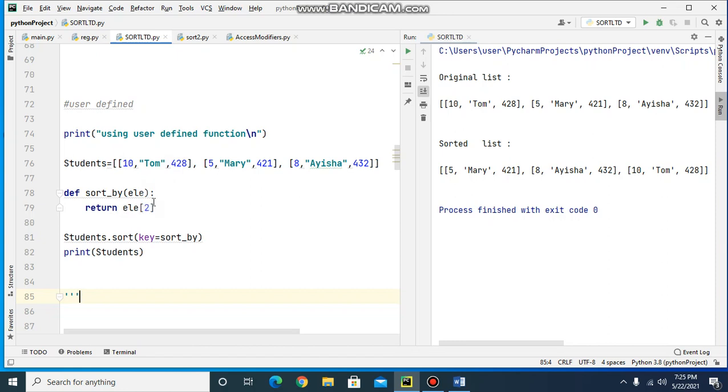So here I am sorting on index 2. The sort method will use the values returned by the function. These values are passed one by one to this function. The sort method will use these values for comparison and arrangement. So we will execute this.